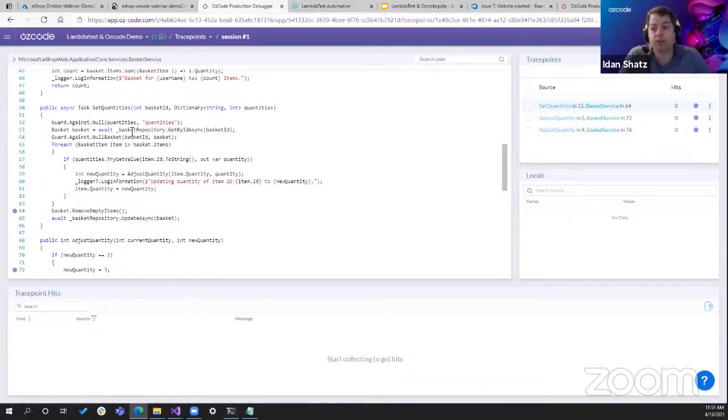Usually, in order to debug a live system, it requires a lot of effort. You need to set the right